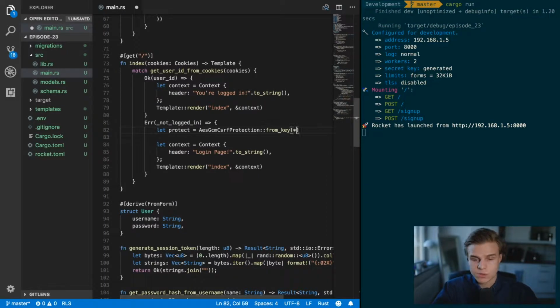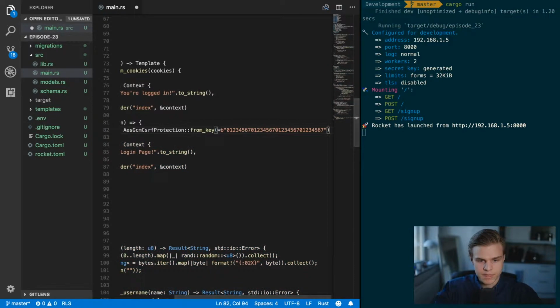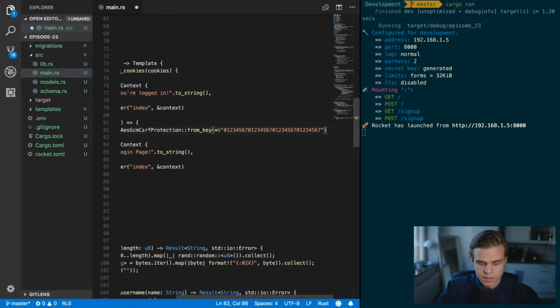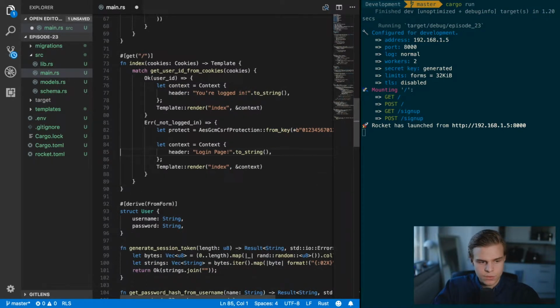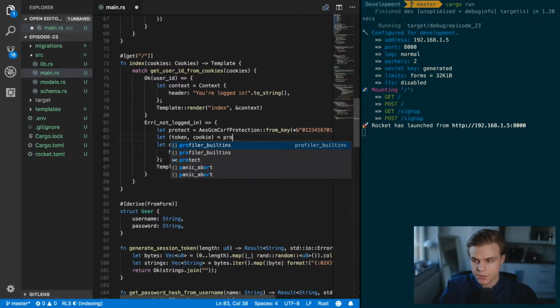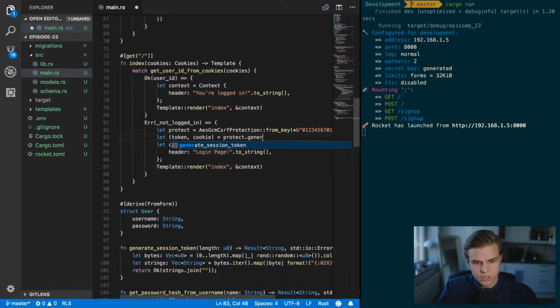So this is going to be a secret key, so you definitely do not want to use what I'm going to paste in because it's a very weak password, but you want to paste it in like so, and then add a semicolon, and then you want to let the token and cookie be equal to protect.generate_token_pair